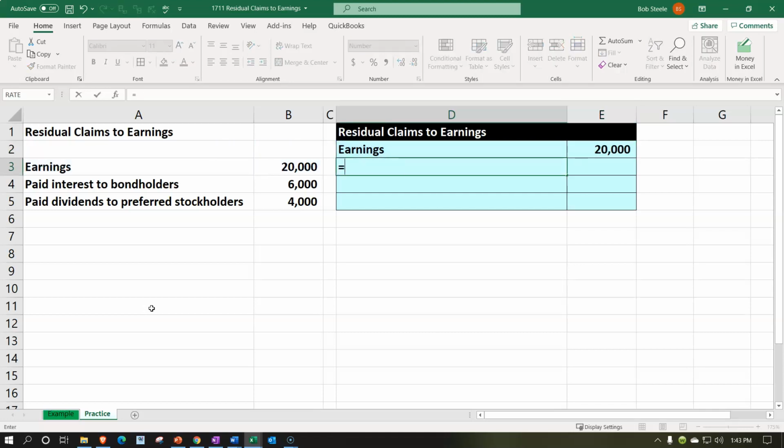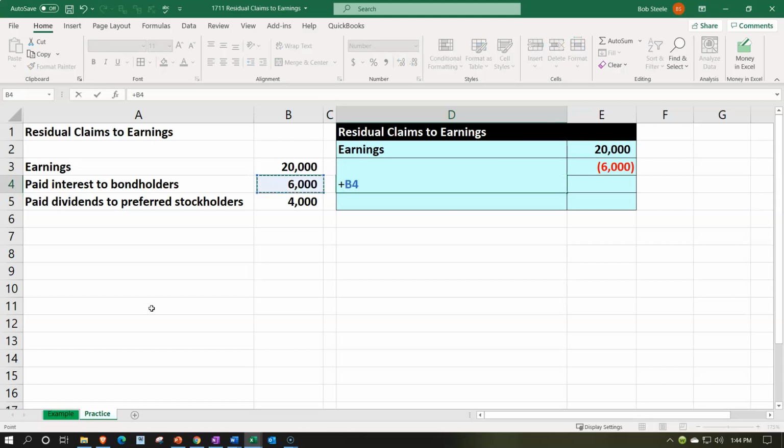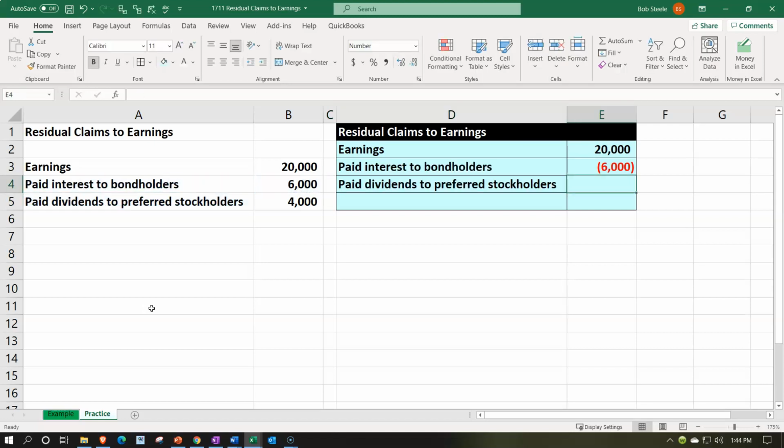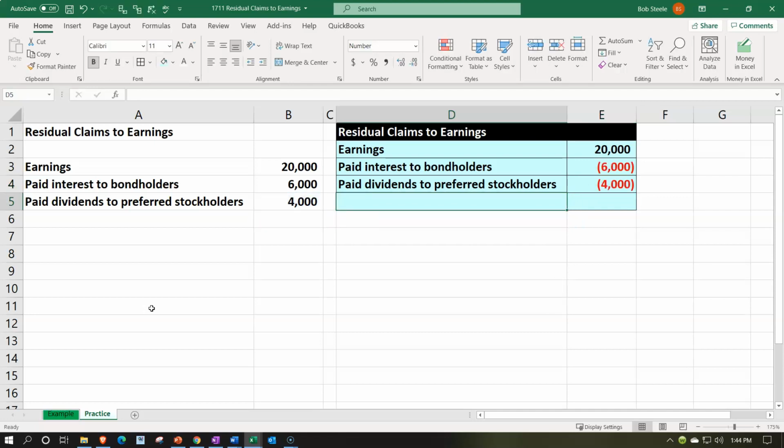$20,000. We're going to then subtract out the amount paid to the bondholders. And this is going to kind of emphasize the fact that the bondholders are going to generally have the first claim to the earnings, right? And then we got the paid to the dividend to the preferred stockholder. The reason they're preferred is because they'll typically have claim before the common stockholders, and then the difference is going to be the residual claims to